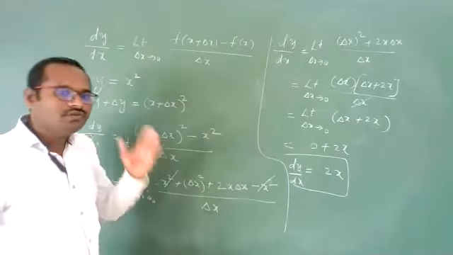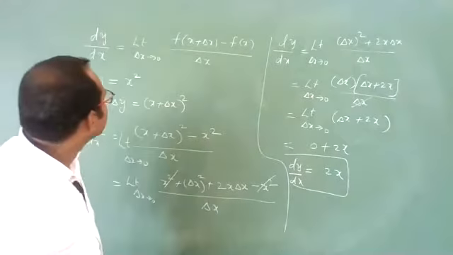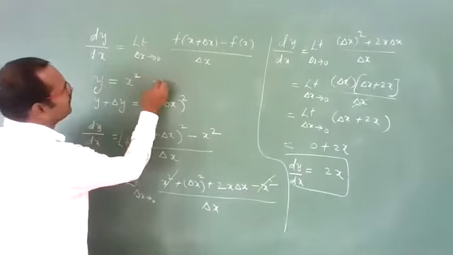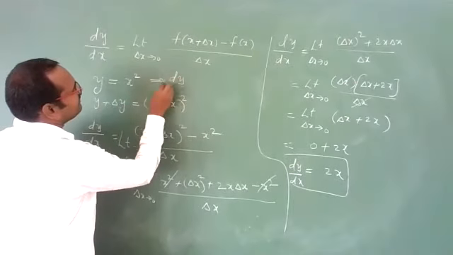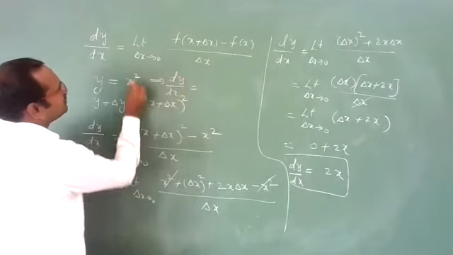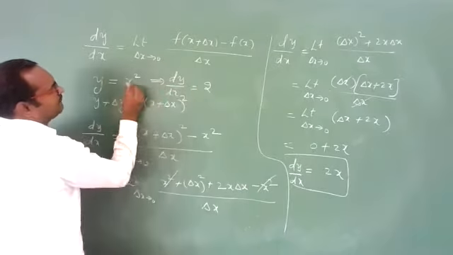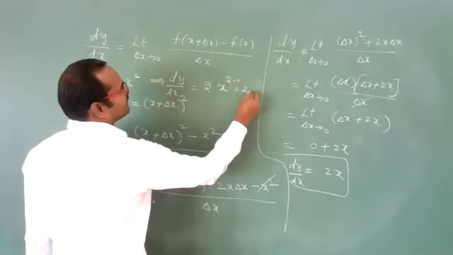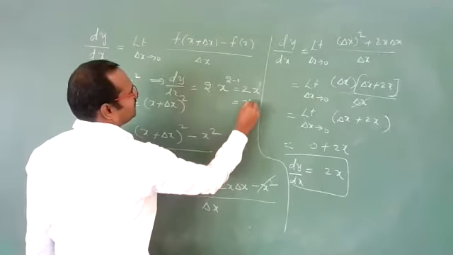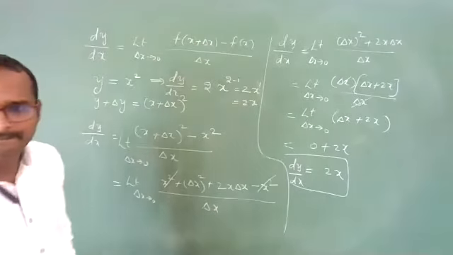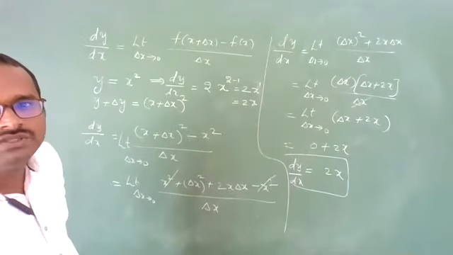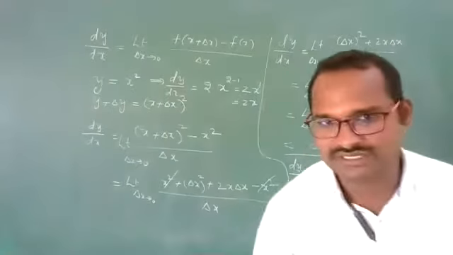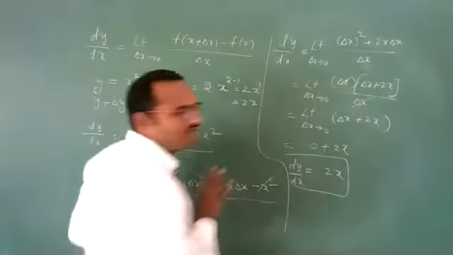Okay, here you should get one idea. See students, whenever you have y is equal to x square, then you get dy by dx as follows: the power, you multiply with x, and the power you reduce by 1. You get 2 into x power 1, that is nothing but 2x. So this is how you need to remember. Or one general formula I will give you. General formula. Same as it is, we will proceed.